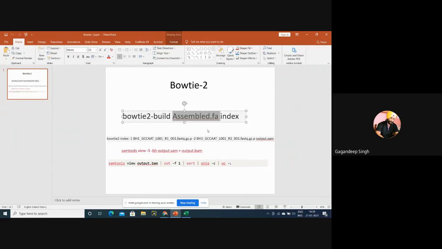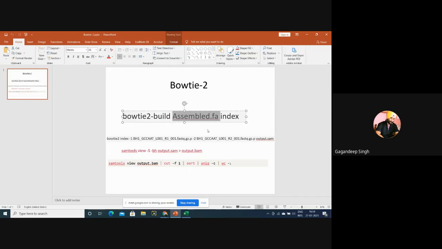Either we can use the whole thing, or we can extract the sequences that belong to our particular target gene. But note one thing: those sequences should be in FASTA format. I have selected the whole assembled data, .fa.